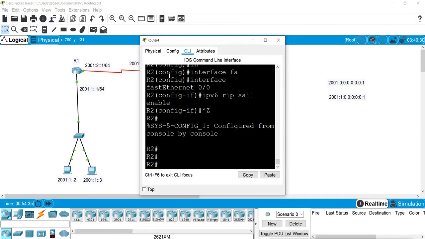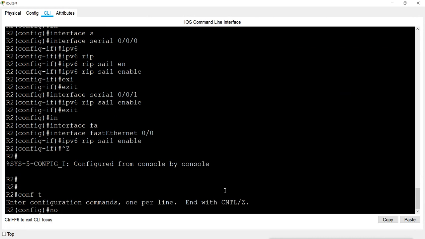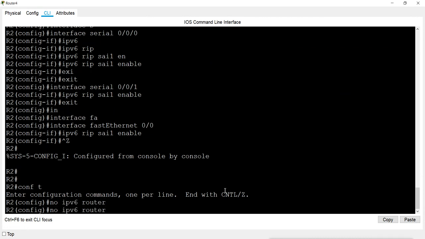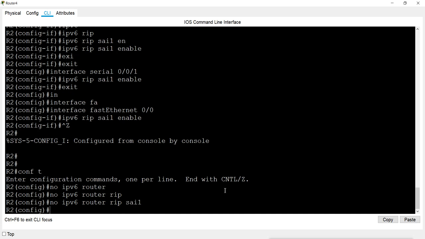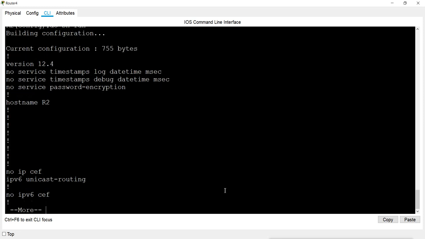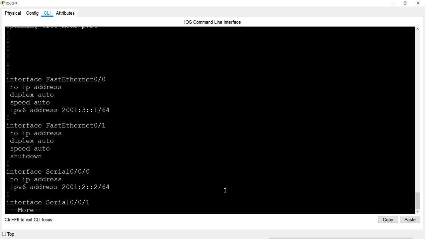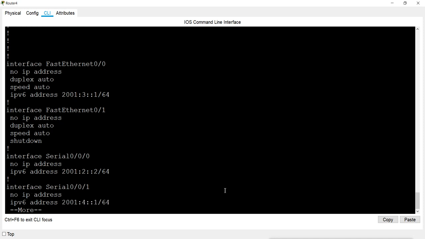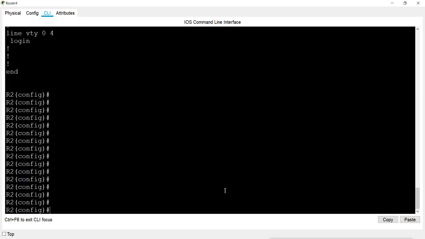On router 2 I will say no IPv6 router RIP and process name. Now if I check the running config, it is removed completely.